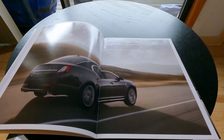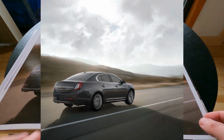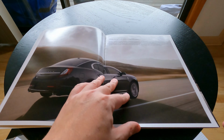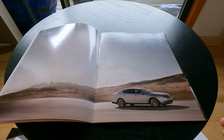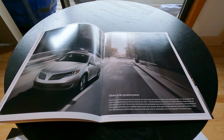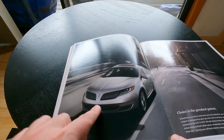So I think MKS was released, what, in 2010, I believe? So this is 2015, quite later in the production run. And this is a redesign. So it's got a facelift, I think, since it was released here. So yeah, obviously, very nice photography, can't complain there. Here we are in the city. Yeah, so this is post facelift because it had a different